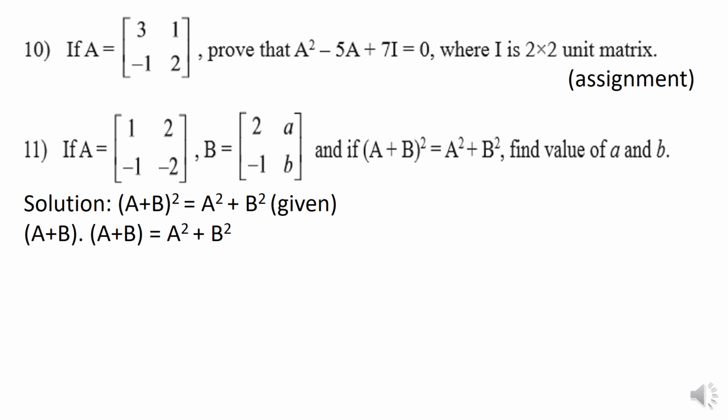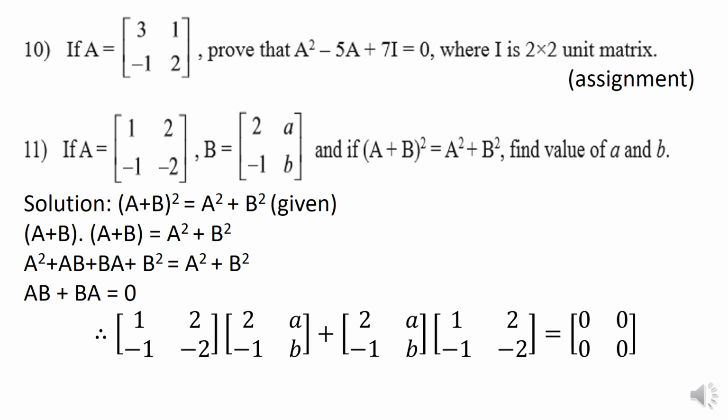Now, when you multiply two brackets together, you already know the rules for multiplication. We get A square, that is A into A, A square, A into B, AB, then B is multiplied with A plus B. So we get BA plus B square and the RHS remains as it is. Now A square and B square get cancelled from both the sides using the rules of algebra. Thus we get AB plus BA is equal to 0.